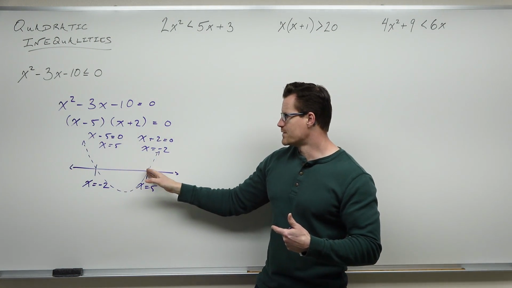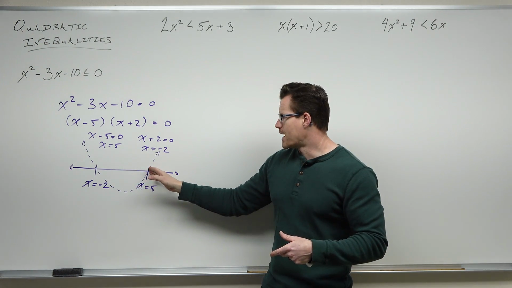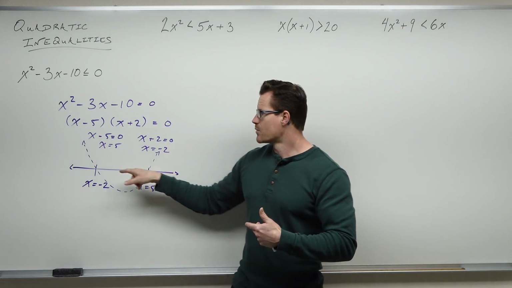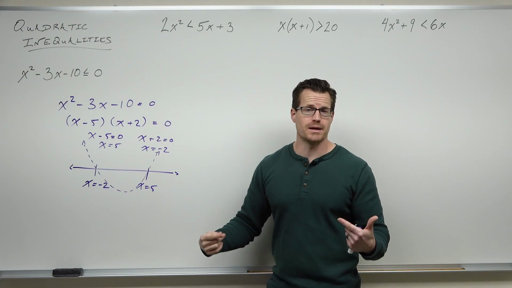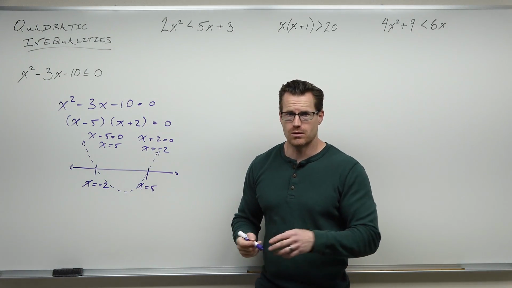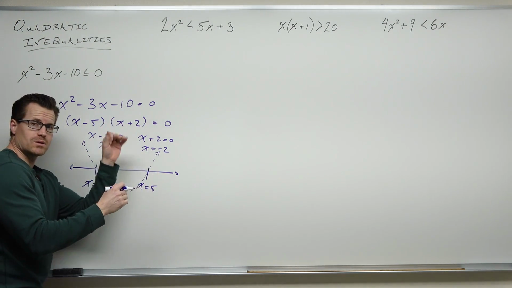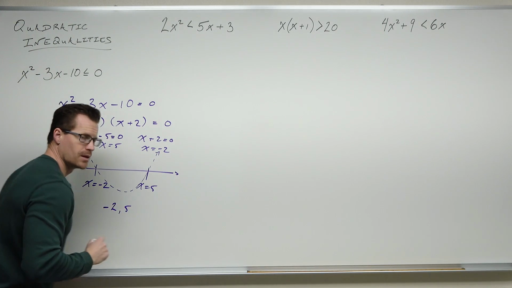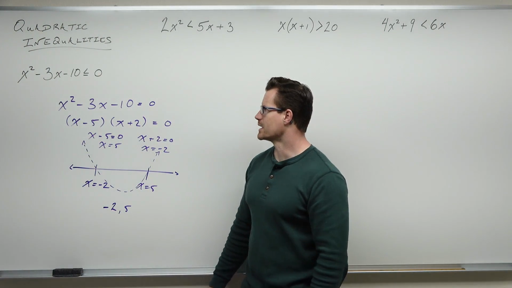Between -2 and 5, is our parabola below the x-axis? Yeah, that's exactly what you're looking for. After 5, is our parabola below the x-axis? No, it's above the x-axis until x equals infinity. Remember, with intervals, we're always going on the x-axis when we're talking about inputs, and that's what we're talking about. So we graph it and say, hey, you know what? Our parabola is less than or equal to 0 from -2 to 5. We're going to talk about brackets and parentheses in just a second, but that is what